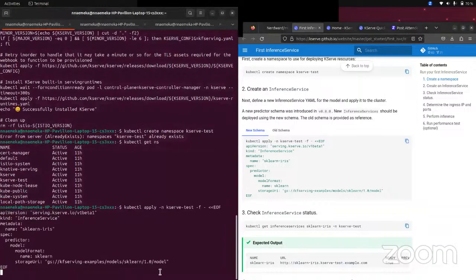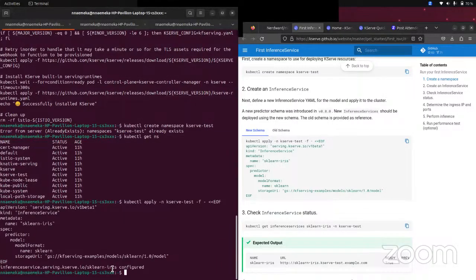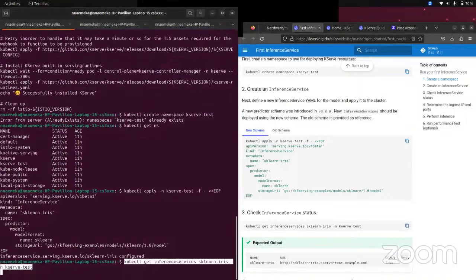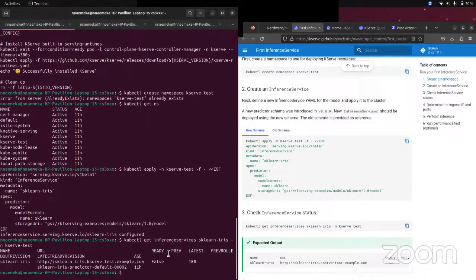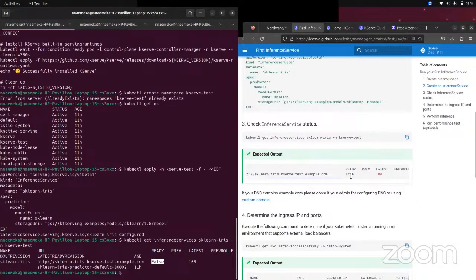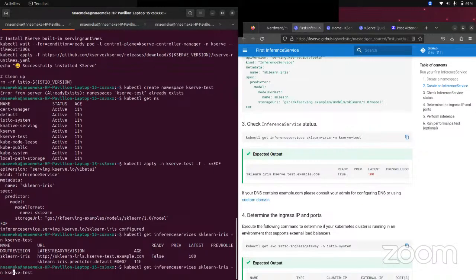Once I do that, because I've already done this before, it should be fast, but ideally it's going to take you some minutes before you get that. That's when you know that the service is up and running. But let me show you that this inference service also creates things like pods. The inference service does everything for us under the hood. So if I do